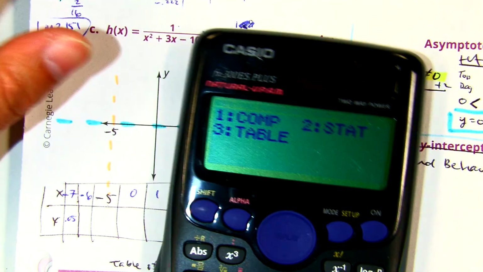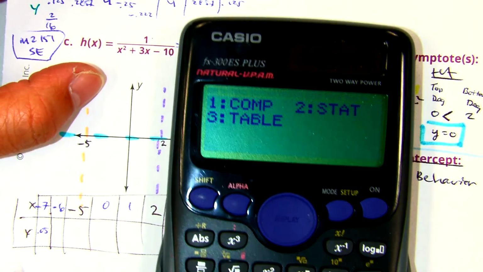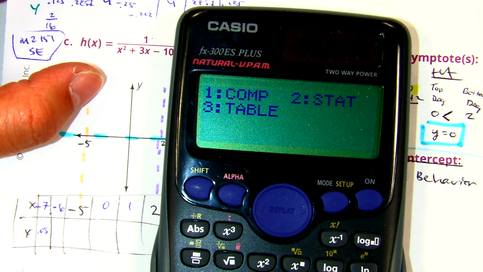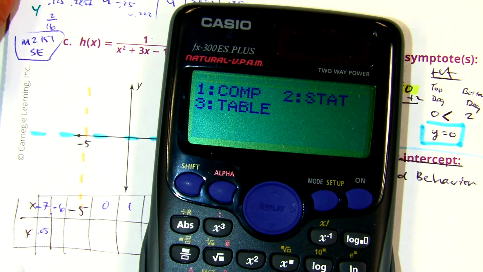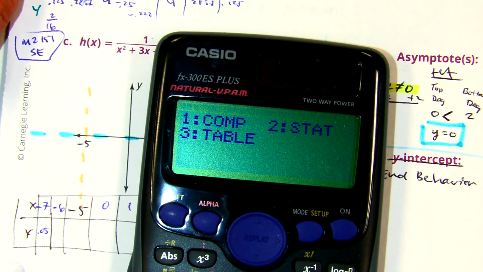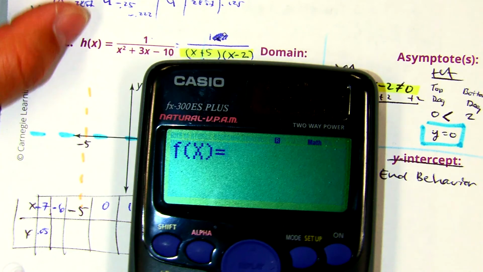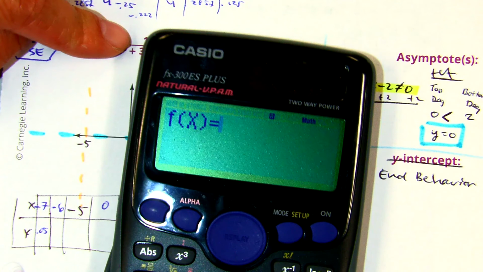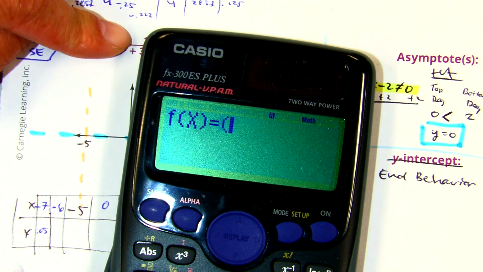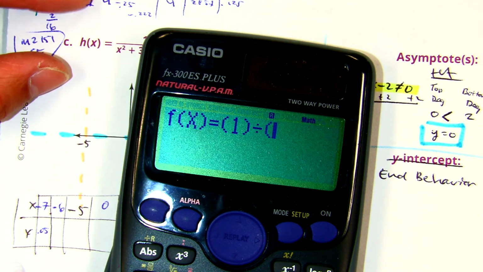Now I'm going to show you guys on this calculator. A student asked me, can you do this on the Texas Instruments calculator? I haven't found that it works. So I'm going to press table, number 3. I'm going to type in my function. You can choose either of these. I'm going to use the original one so I don't make any mistakes, and to me I think it's easier to write. I'm going to do parentheses 1, close parentheses, divided by x squared